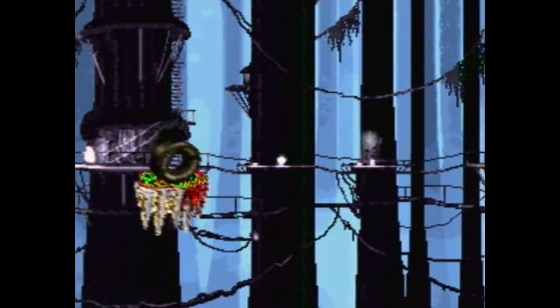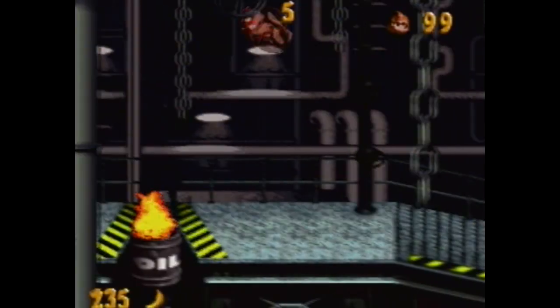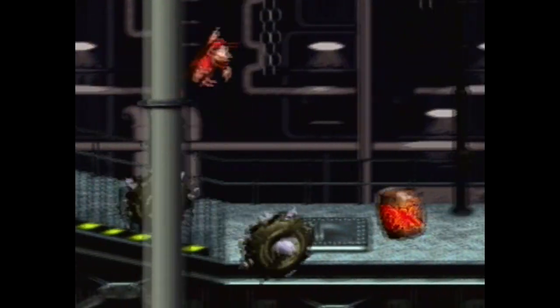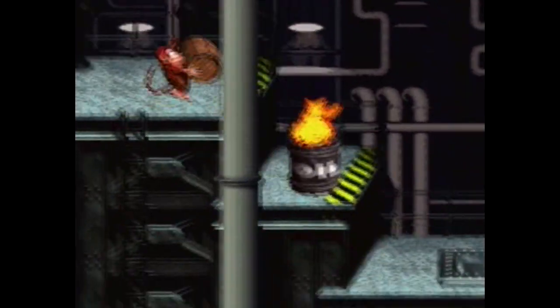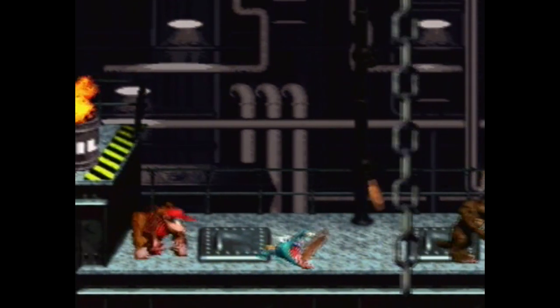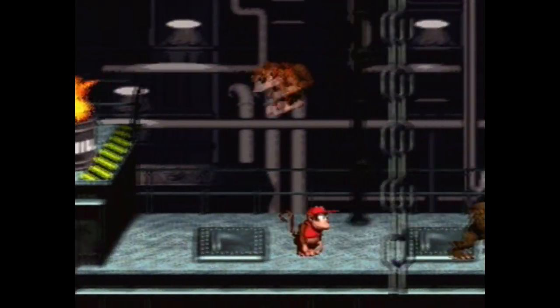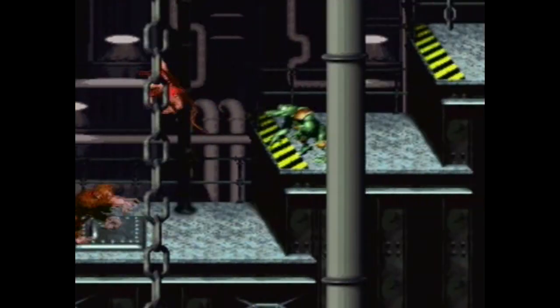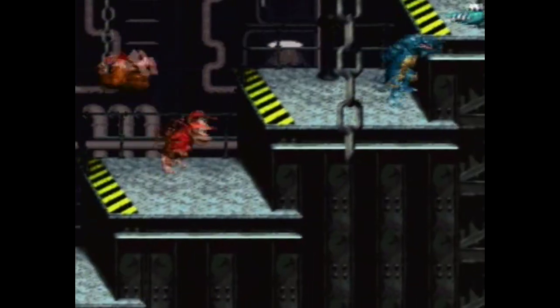Look at that. Alright, so we are going to do something rather unprecedented here. I am going to beat Oil Drum Alley, and assuming that what we find is not a boss, I am going to end the part off at a place that's not a save point, and again, assuming that we don't come across a candy save point after beating this level. And then, yeah, starting in from there, because you may or may not believe this, but I've actually been recording